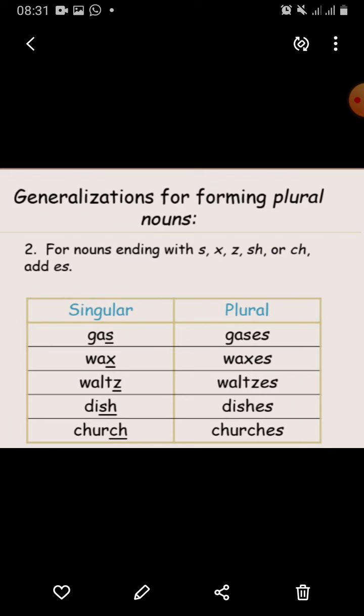Gases. Wax, waxes. Waltz, waltzes: z at the end, we added es to make it plural. Dish, dishes. Church: ch is at the end, we added es. Churches.